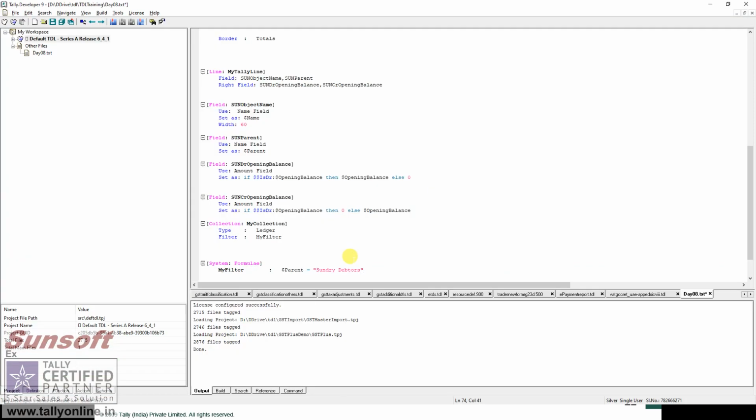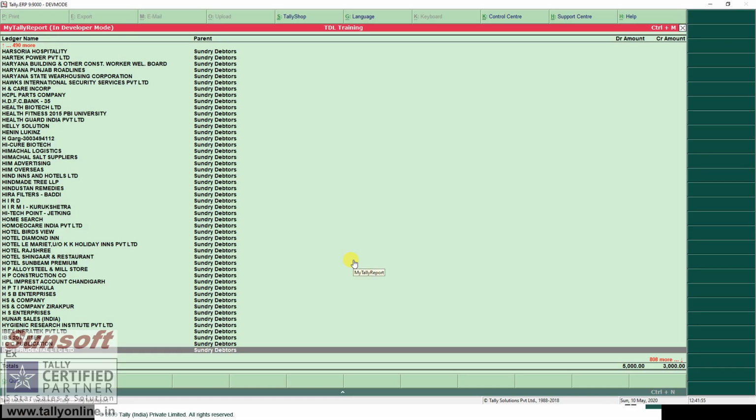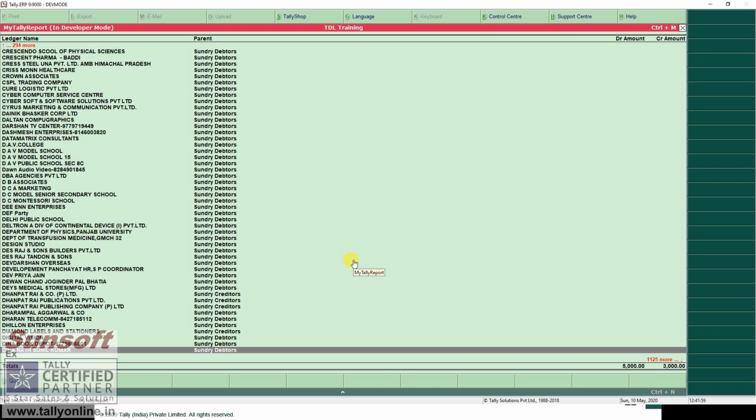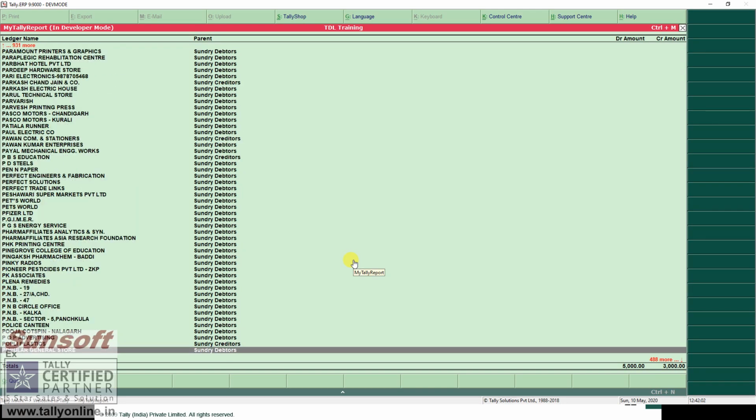And I can say here or dollar parent, it can be any complex formula. This I could not have done with the child of. So I have sundry debtors and sundry creditors.